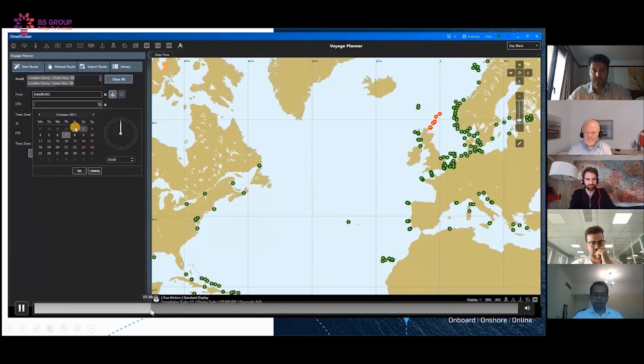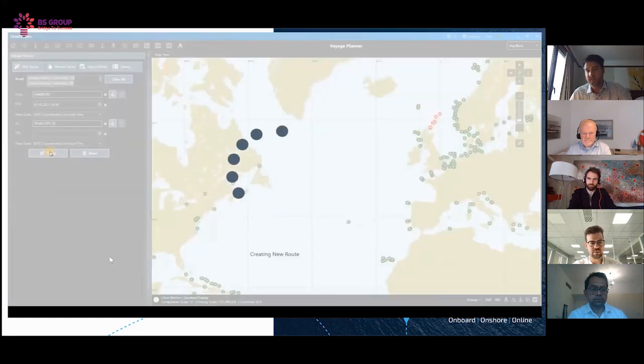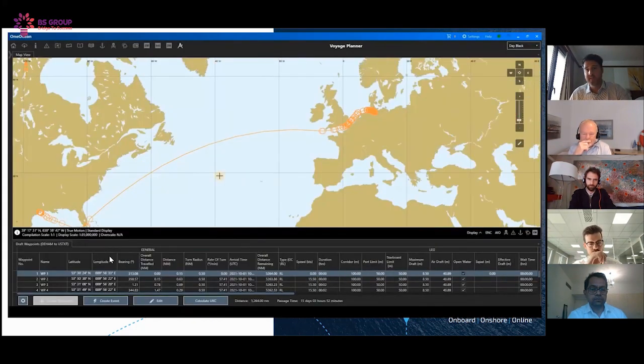So just bring it up here to 555. This is the planning software that's installed on board the vessel. Quickly, just selecting 2 ports. We used a weather service, and for the routing engine, DTN is our provider for this. And then quickly generating the route using specific control points. This is also ship specific, meaning that all the details, fuel curves, etc., for the vessel are all pre-programmed in,